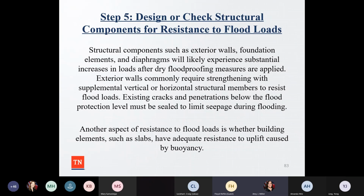So structural components such as exterior walls, foundation elements, and diaphragms could experience substantial increases in loads after dry floodproofing measures are applied. So exterior walls commonly require strengthening with supplemental vertical or horizontal structural members to resist flood loads. Because if you're not reinforcing the walls and there's a flood event, or you put up those gates and things,